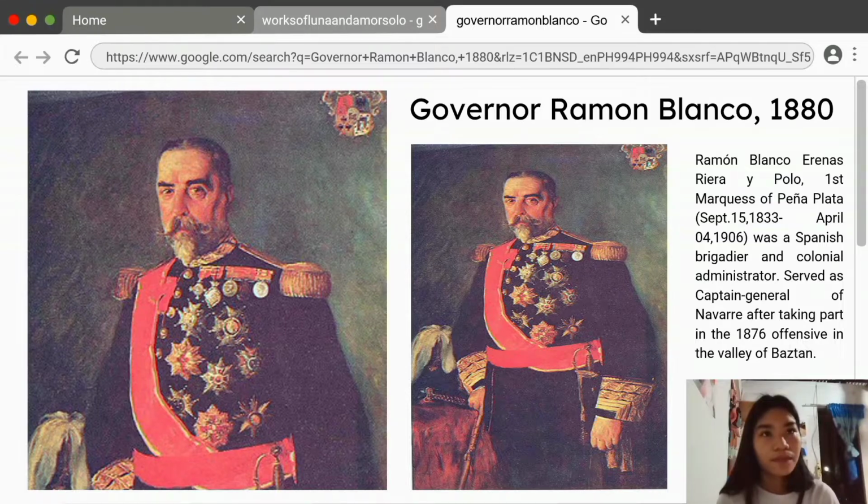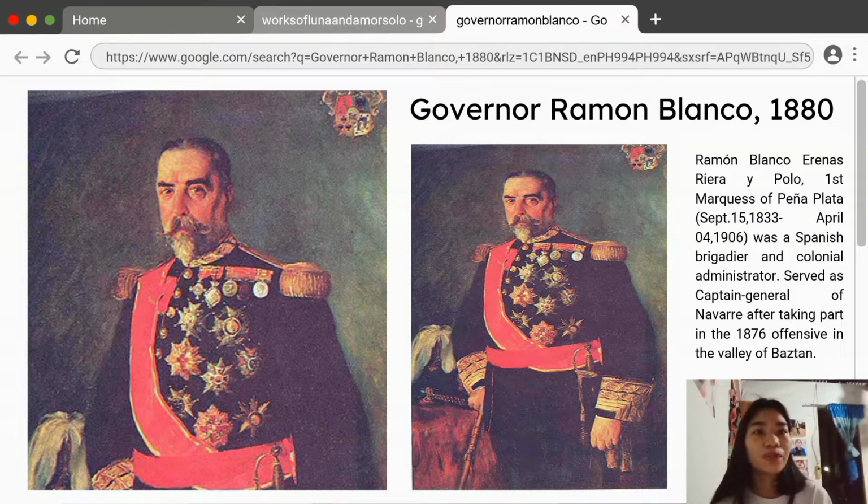Ramon Blanco Arenas Riera y Pulo, the first Marquess of Peña Plata, was a Spanish brigadier and colonial administrator. Born in San Sebastian, he was sent to the Caribbean in 1858 and governed Cuba and Santo Domingo. In 1861, he returned to Spain, but was then sent to the Philippines. Afterward,